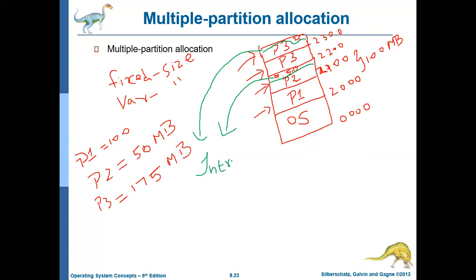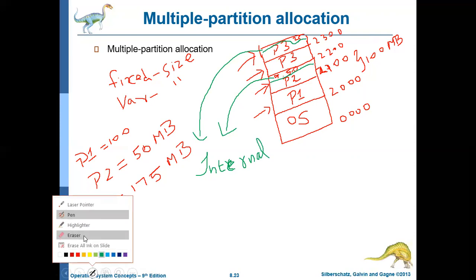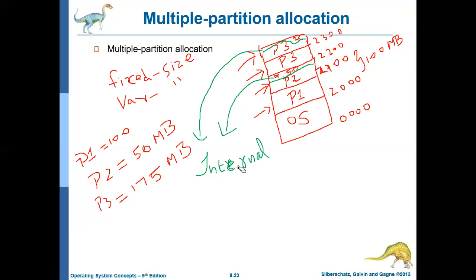Okay, and if these fragmentations are created due to fixed size partitions, then they are called internal fragmentation.